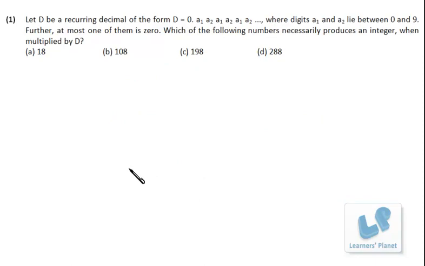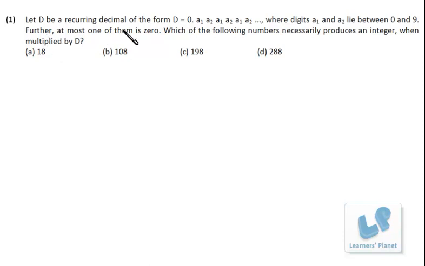Now let's try this question. Friends, before we proceed further, I would recommend you to try the problems on your own, then match your answer and solution with mine. It will definitely help you to boost your confidence if you get the correct answers in the shortest span of time. Okay. Now let's take this first problem.